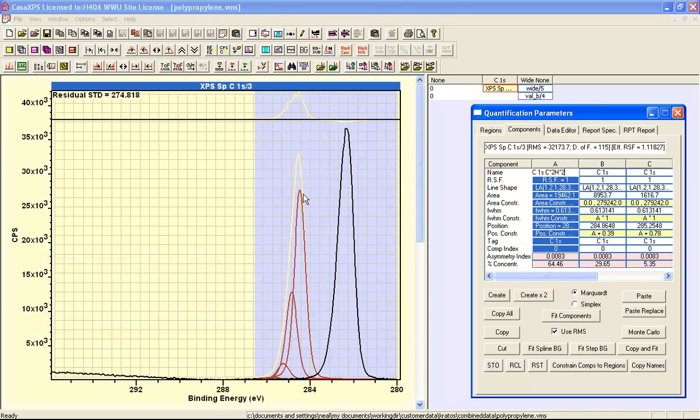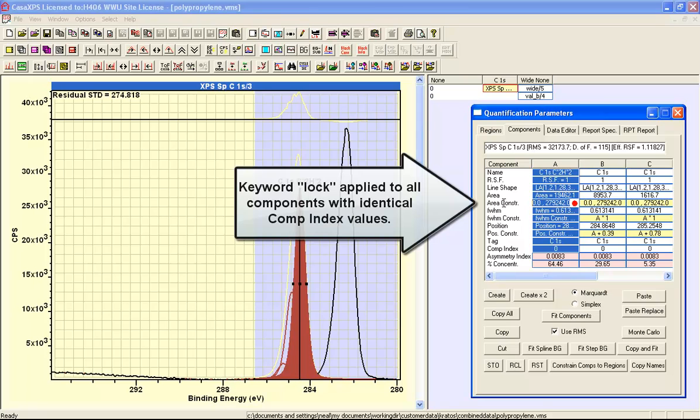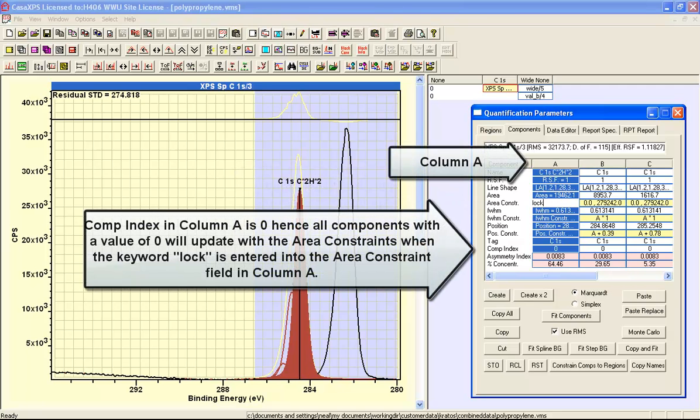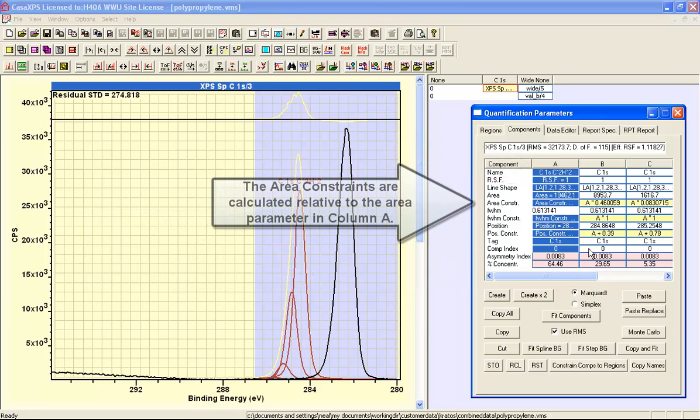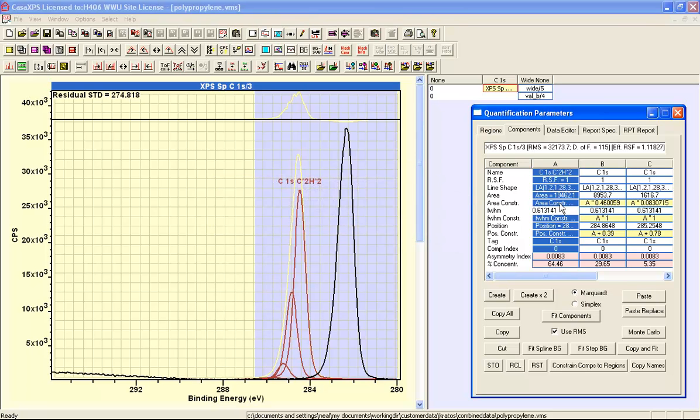So we now have a different color, and because they all have the same component index, which is reflected in the color, we can now go to the area constraint, and if we say lock as the keyword in the area constraint and press return, then all of the components with the same component index are assigned a constraint in terms of area that is calculated based on the current relationship between these component areas for this sequence